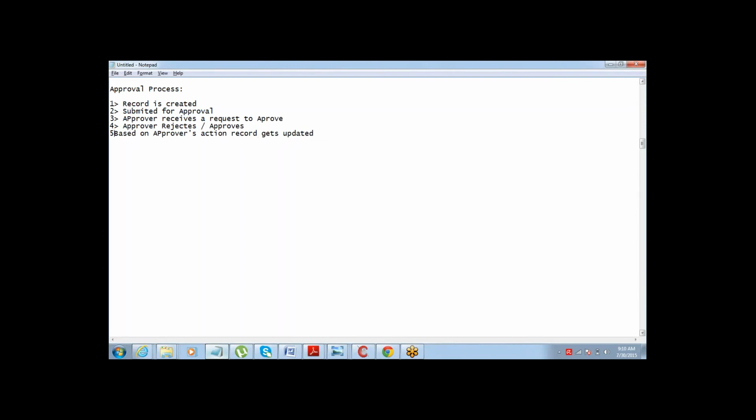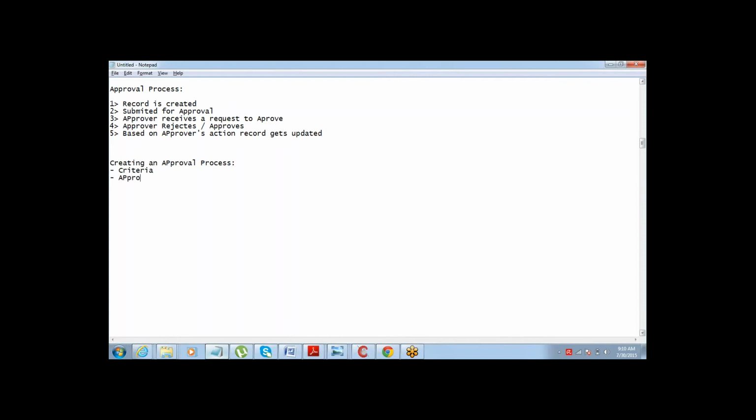Now, how do we define it? There are a few things we need to take into consideration while creating an approval process. Point one is criteria. Is there a criteria for the records which need approval?